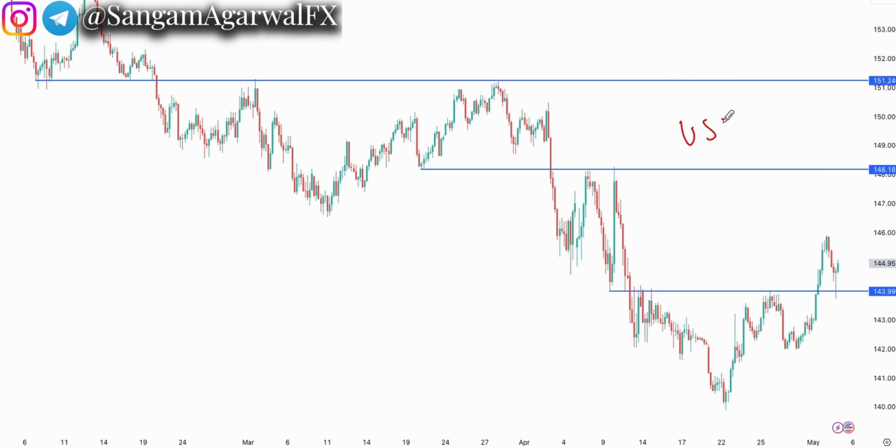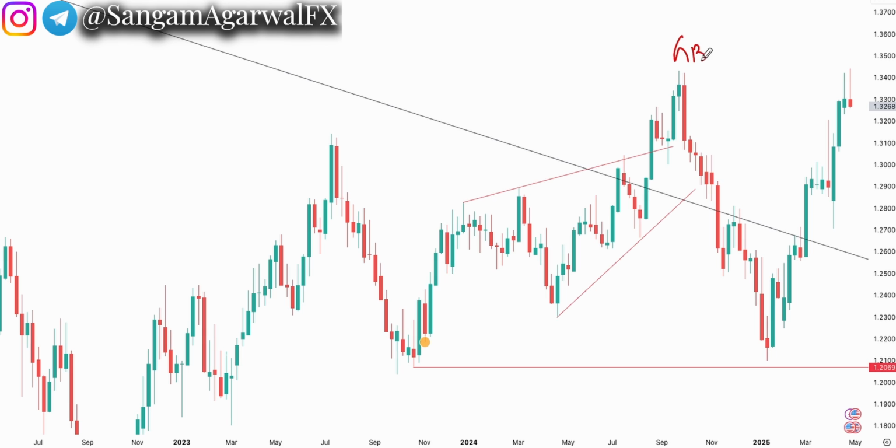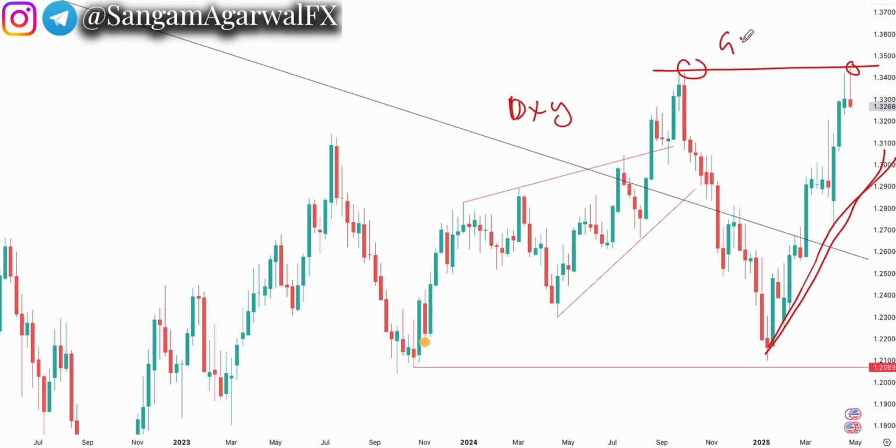The best thing about this USDJPY pair on the H4 chart is that you have clear static support and resistance. If you see the GBPUSD weekly time frame, this previous resistance is being tested again, and in the last 2 weeks there was big rejection from this resistance area, a strong tail and instant rejection. So on this area you will trade with a bearish bias, because